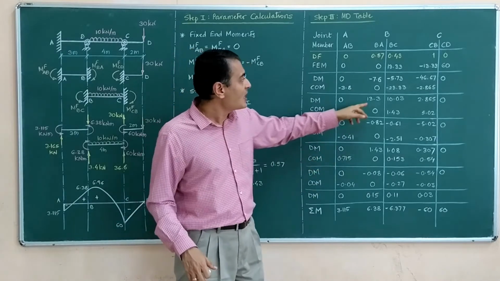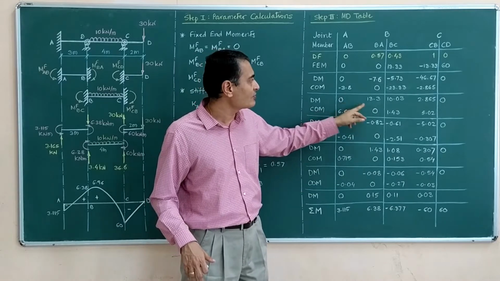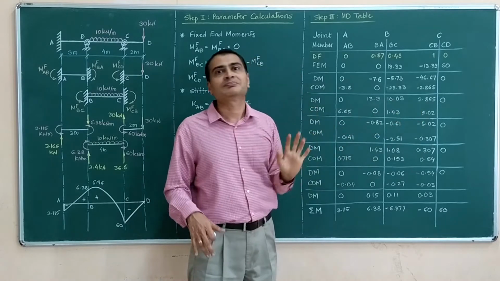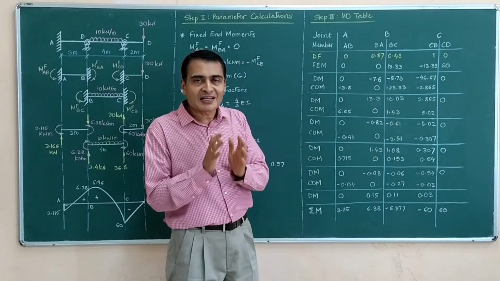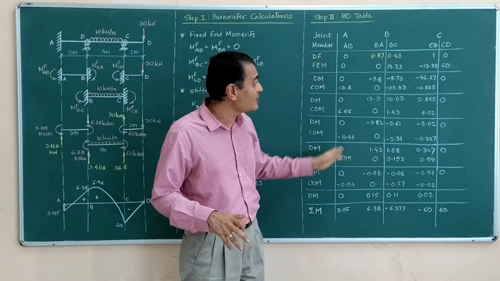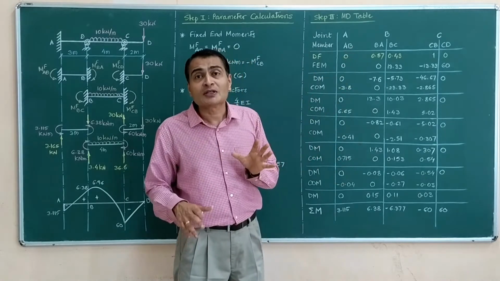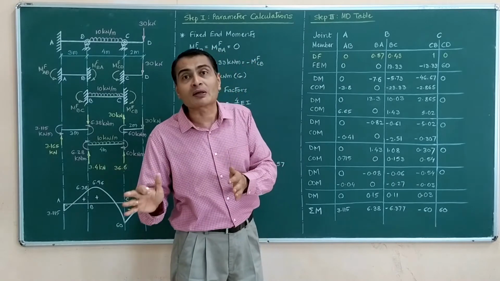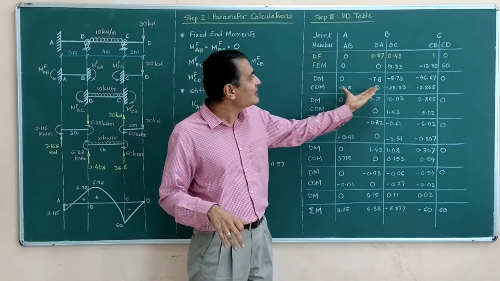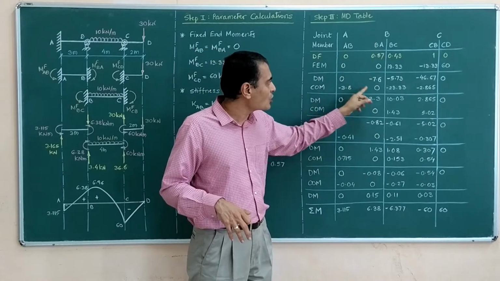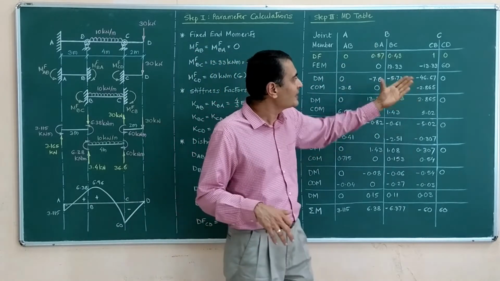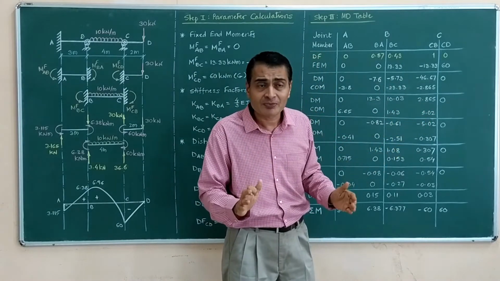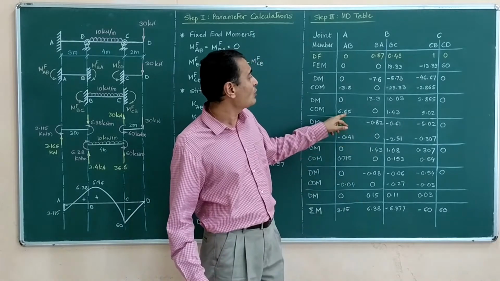Then what will happen? Carried over moments. Half of this goes here, half of this goes here, half of this goes here, half of this goes here. See, the method of writing these columns or the method of drawing these vertical lines is such that you never get confused to carry over which moment from where to where. That confusion is never there. In that column, in that particular member, there is the cross carrying over. It is as simple as that. Great. I have carried over moments.